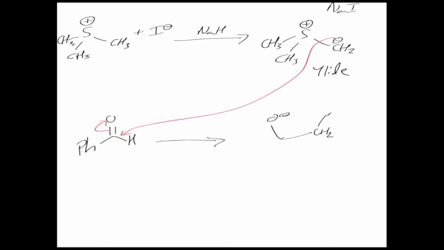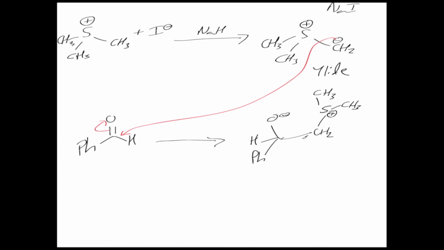CH2, and I might as well write them like that as well. CH3 plus. Okay, and of course we've got the phenyl group there, and we have a proton there as well from the